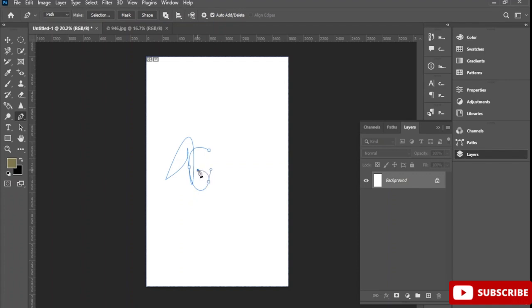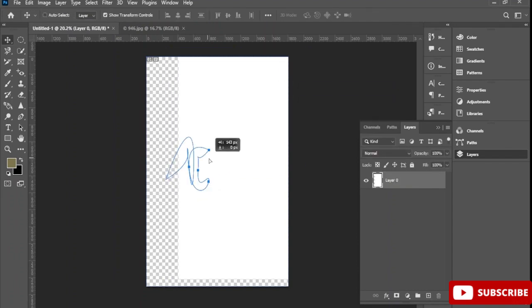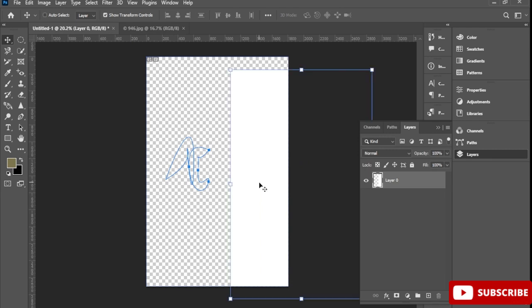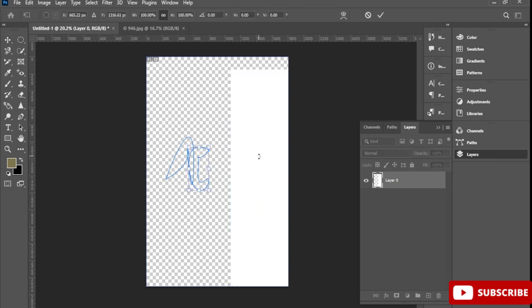Let's say I'm going to keep it somewhere around here, just like this. Okay, press Control T, click on this move tool. I'm going to take it over here and convert to normal layer. You can remove it if you want to, but I'm going to press Control T and move that one